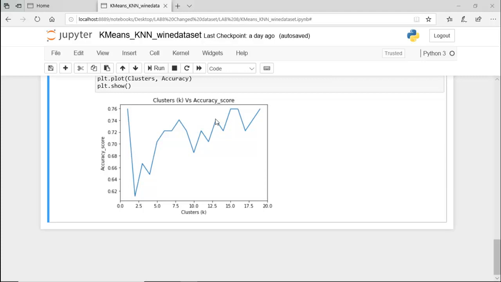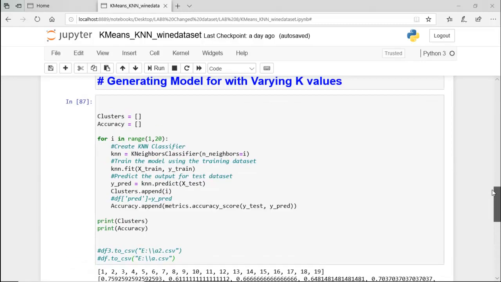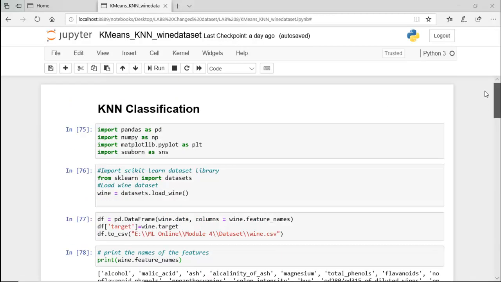So you can decide whether to have k equal to 1 as your cluster or 15. After that also it's almost ups and downs, and when k is equal to 19, again you get the same approximation. So the overall accuracy score of the algorithm for this dataset is found to be 76%, and hence it can be decided. Fine. So this is a simple way to execute your KNN algorithm and to identify the optimal value of k that gives you the proper result.